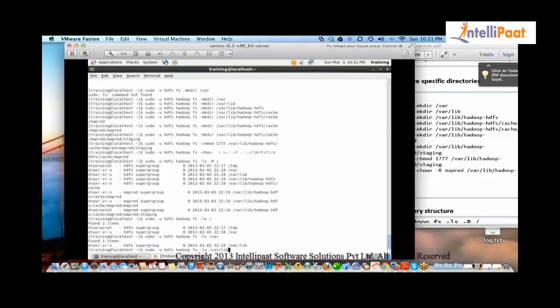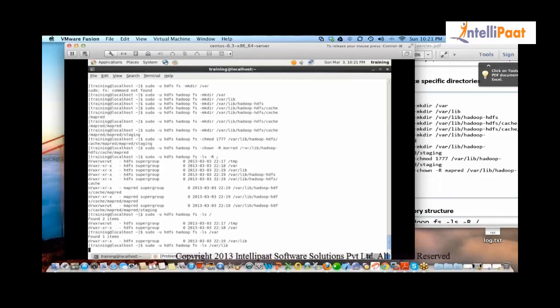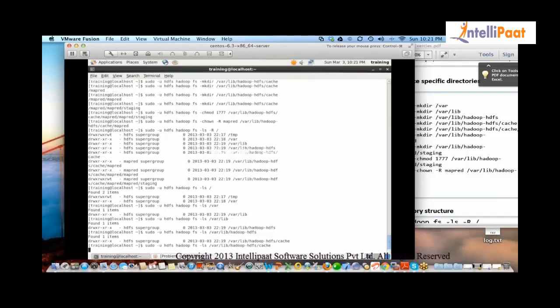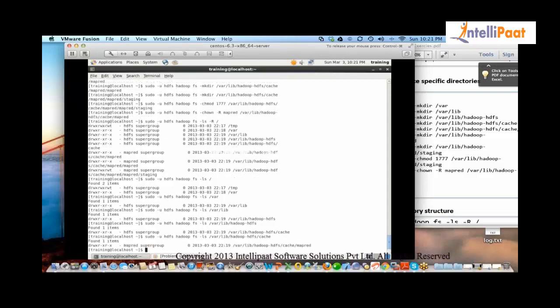In lib, you will see hadoop-hdfs. There is no directory outside Hadoop, there is nothing. Okay, let me show you.